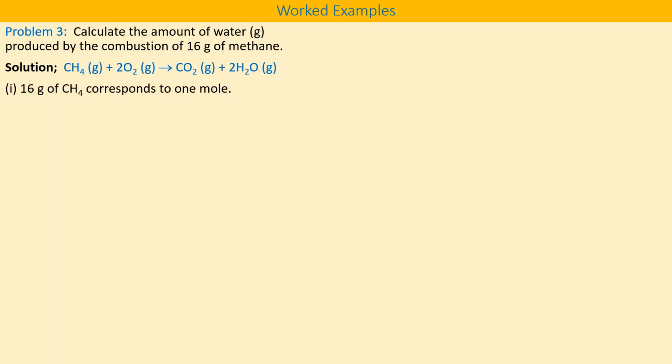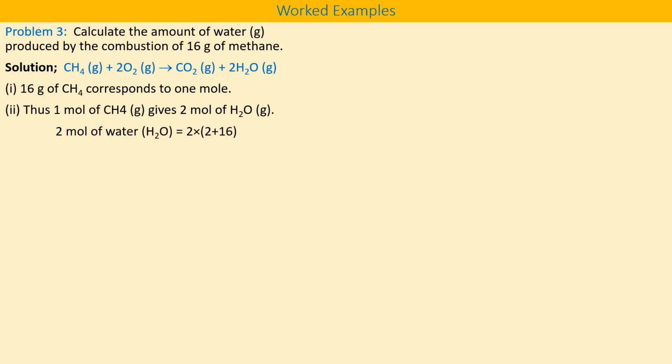Point number 1: 16 gram of methane corresponds to 1 mole. From the above equation, 1 mole of methane gives 2 mole of H2O, and 2 mole of water equals 2 into 18, that's equal to 36 grams,